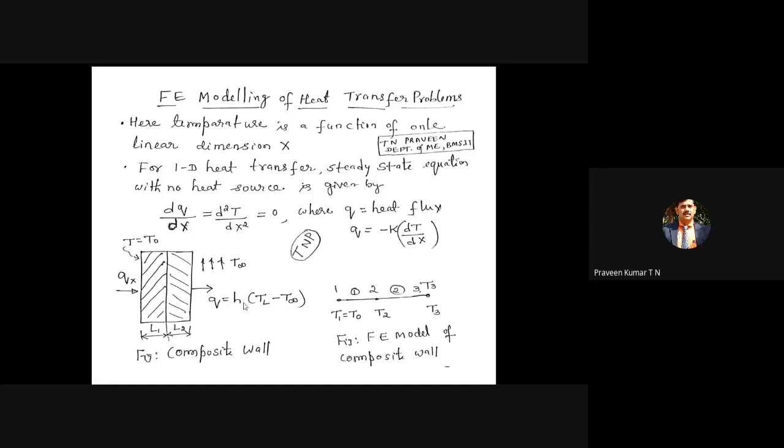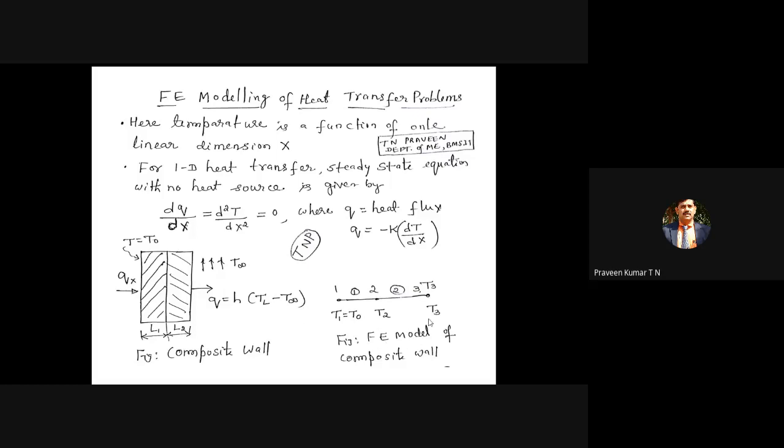Again, one more A_s is missing here. A_s is missing in the sense that you are finding the convection heat transfer per unit surface area. Instead of saying per unit area, you are saying the convective heat transfer rate per unit surface area is given by h times this temperature difference. A_s comes to the left side, hence it is the convective heat transfer rate per unit area. On the left-hand side there is conduction. On the right-hand side, heat is dissipated to the surrounding environment by convection. This is the corresponding heat transfer.